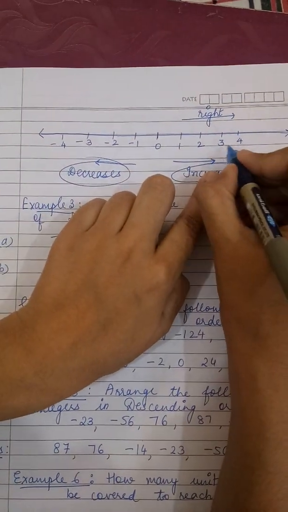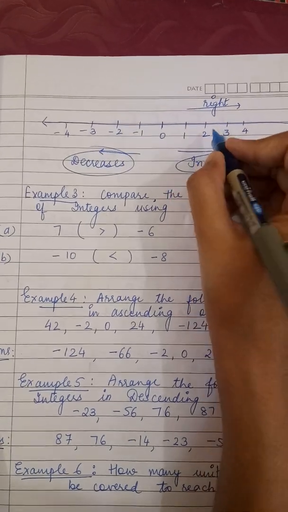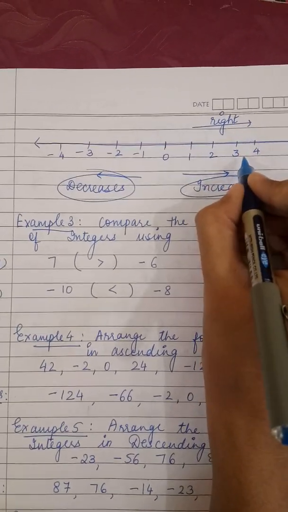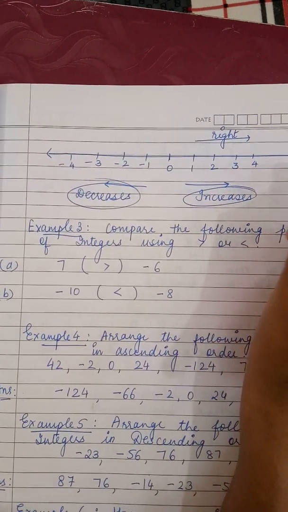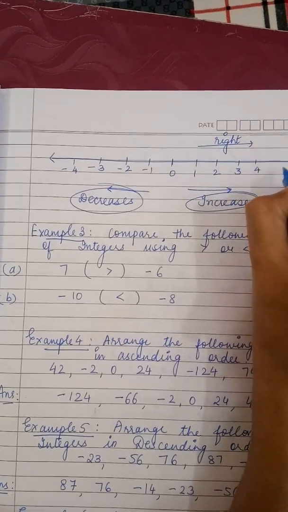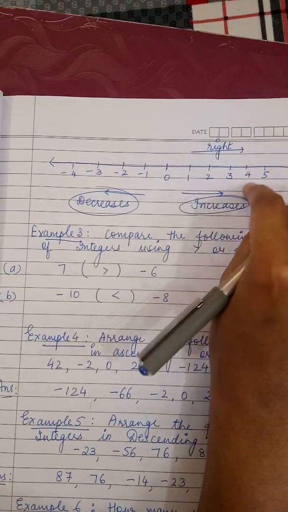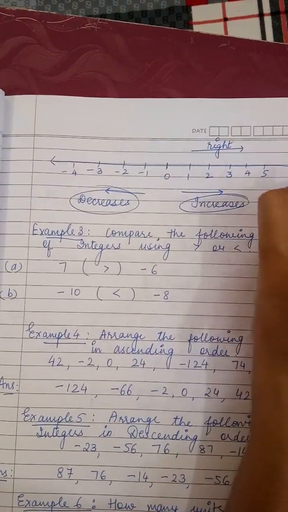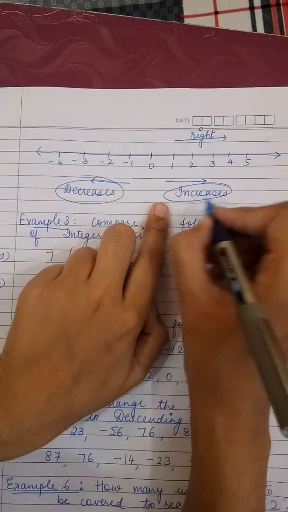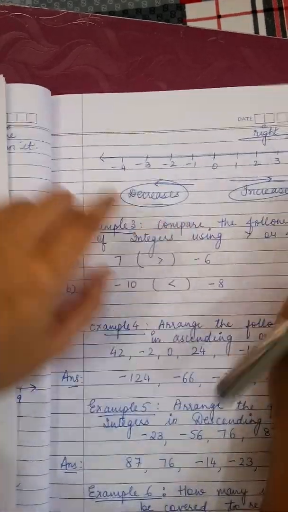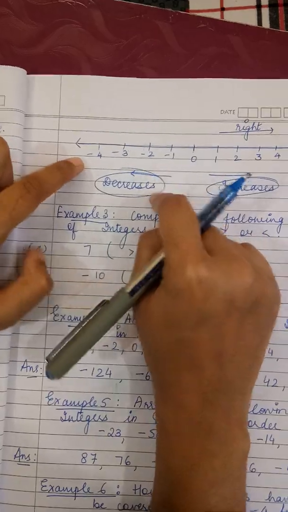Can you see that this 4 is greater than 3? If I'm going to talk between 1 and 2, 2 is greater. If I'm going to talk about 2 and 3, 3 is greater. If I'm going to talk about 3 and 4, which one is greater? 4. So likewise, when I'm going to move further, every number is going to be greater than the previous one. 5 is greater than 4, 5 is greater than 3, 5 is greater than all the numbers which are behind that. So like this, we are going to say that when we are going to move to the right of the 0, the value of the number increases, and when we are going to move to the left of the 0, then all the values of the integers are going to decrease.